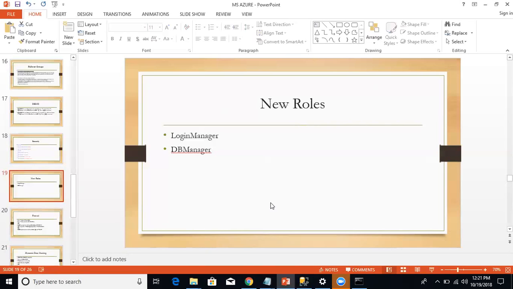These new roles are available only on Azure, but these are very useful ones because most of the server-wide roles are not available in Azure. So you can go ahead and use these database roles. Okay, so this is what I wanted to cover in database security. The next